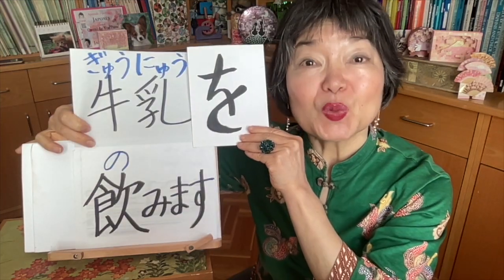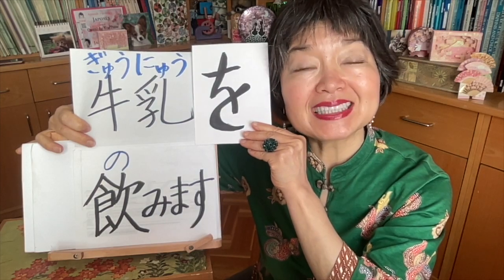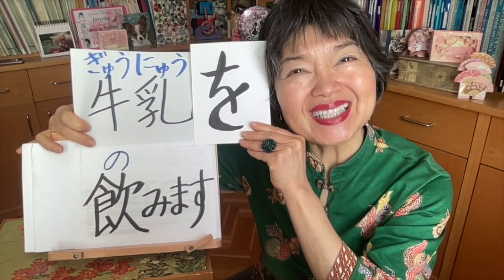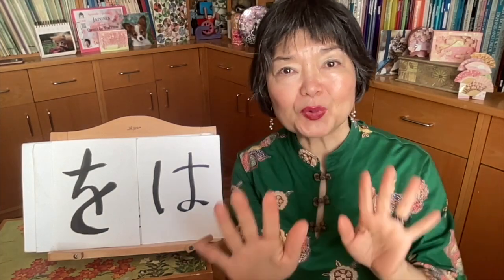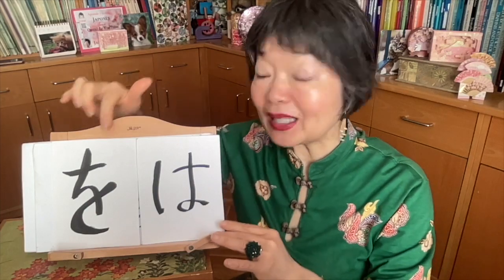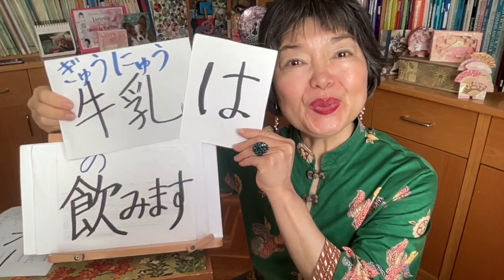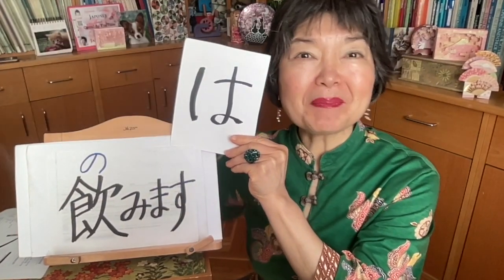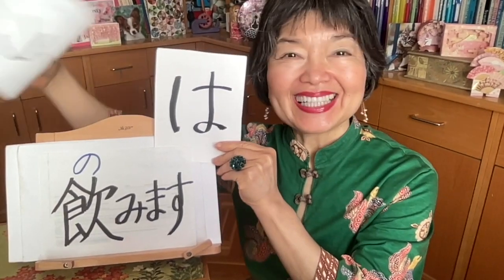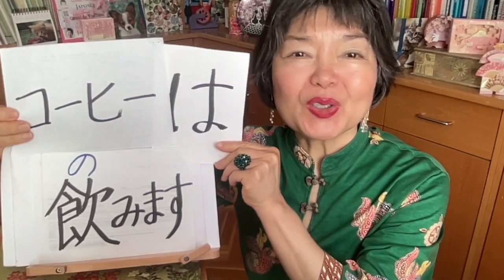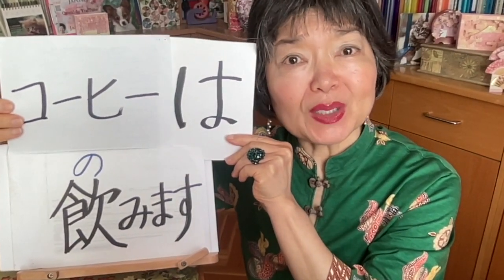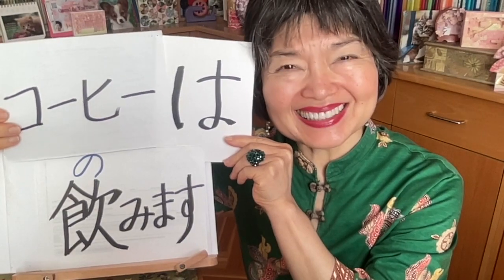Milk? Yeah, I take some milk. But coffee, I don't drink it. We usually use the particle o because this is a direct object. 牛乳を飲みます。But in this case, I'm saying milk, yes, but coffee, no. So I'm saying something opposite. Instead of wo, we must use wa. This is to emphasize. 牛乳は飲みますが、コーヒーは飲みません。